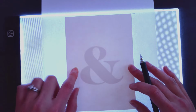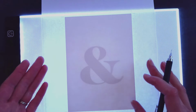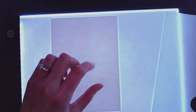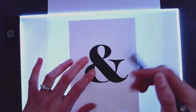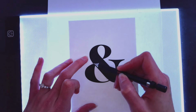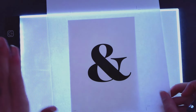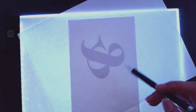If you don't have a light table, you can also use transfer paper if you have that. All that is, it'll be another piece of paper that has some sort of substance on it that you put in between your finished piece of paper below and this, and then you just push on the edges and that will transfer that over. Or even just the easiest thing to do, if you have a soft pencil, like a 4B, 6B,